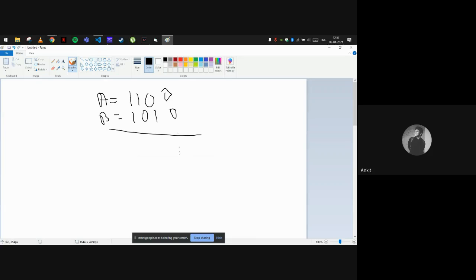So this is 0 0, it will be the same as it is. 1 is the corresponding value, we will clear this a value to 0, but it's already 0, we will leave it the same. 0 will be put the same here. 1 is the corresponding value, this value will be cleared to 0, so it will be 0 1 0 0. This is a selective clear.